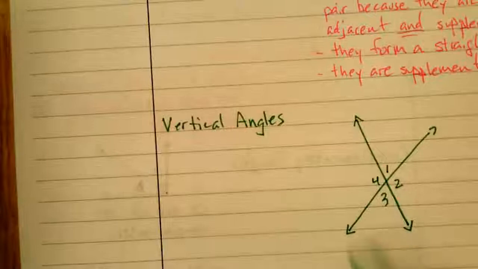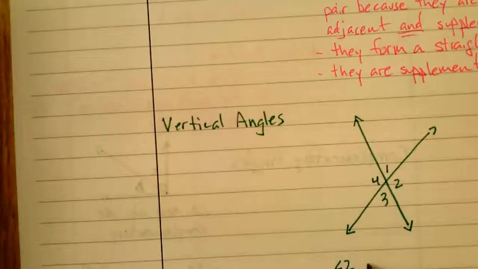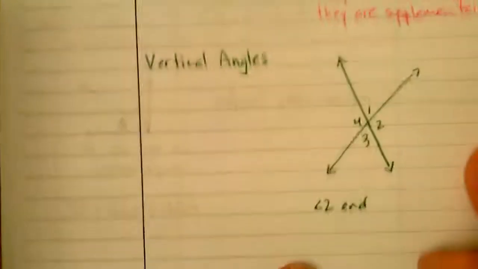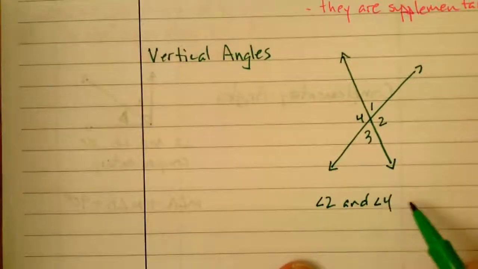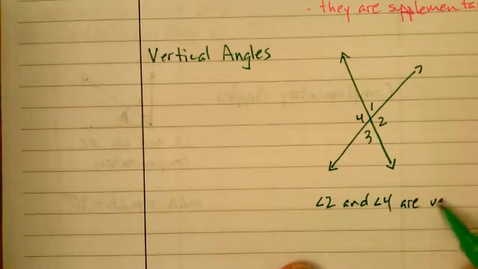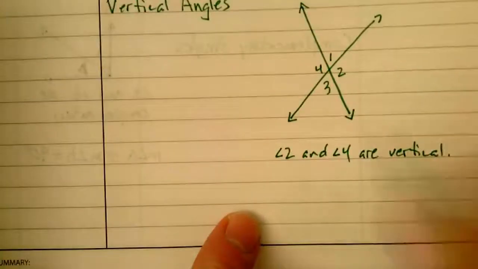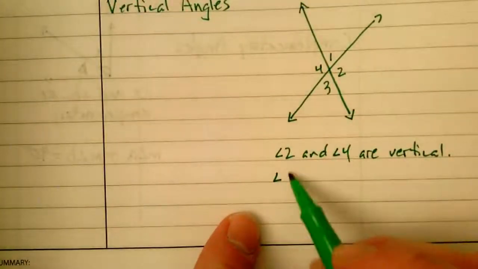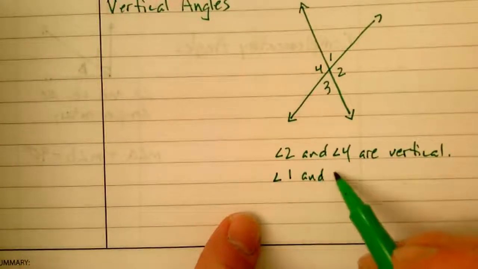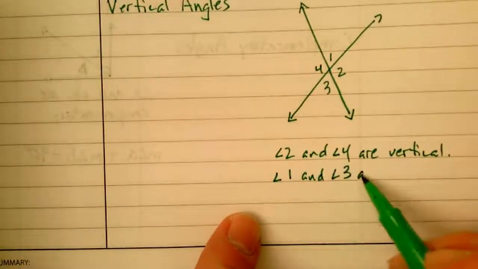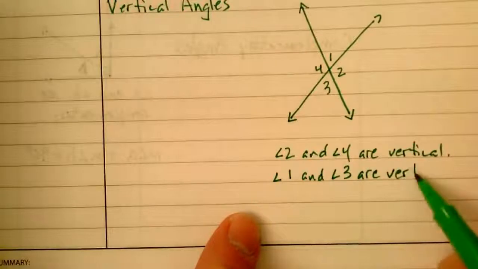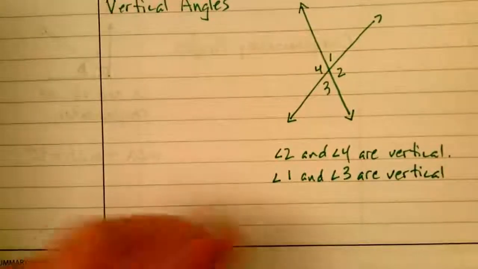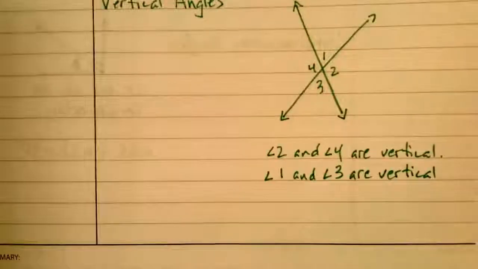So anyways, we would say that angle 2 and angle 4 are vertical. Okay. We would say that angle 1 and angle 3 are vertical. But also notice in this situation